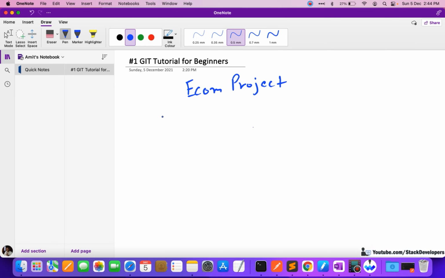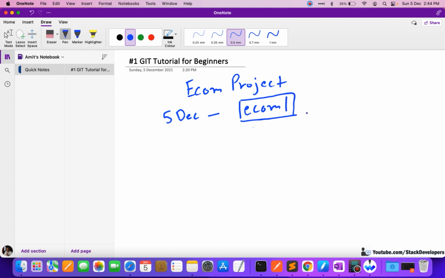How are the developers handling this project? See, I started the project today, like today is the 5th December. So I will make one folder, an ecom folder. In fact, as it's the beginning of the project, I will make one folder, ecom1. I will keep making changes in this folder, and when I'm going to make any new changes to the project, then I will make a new folder.